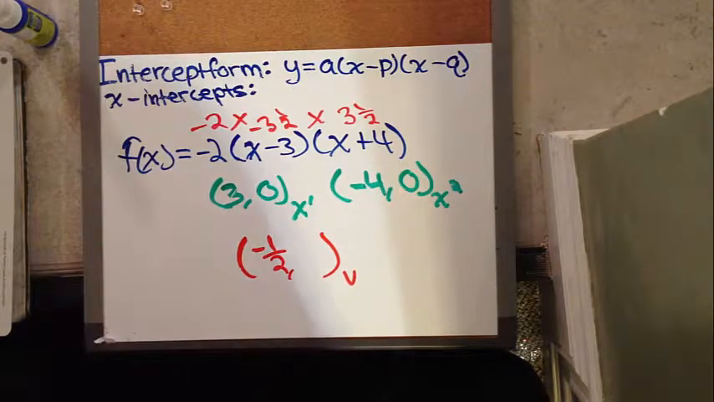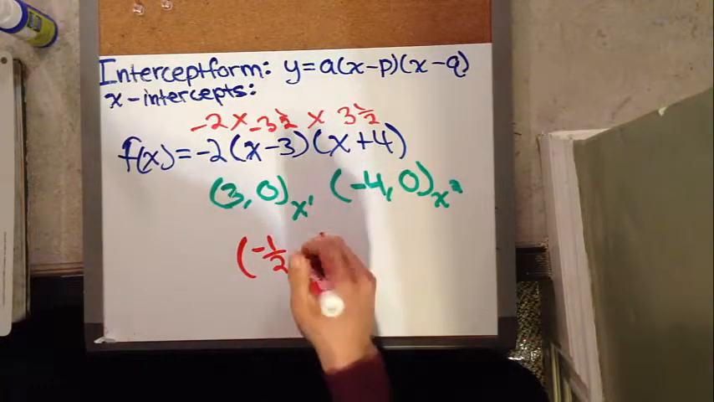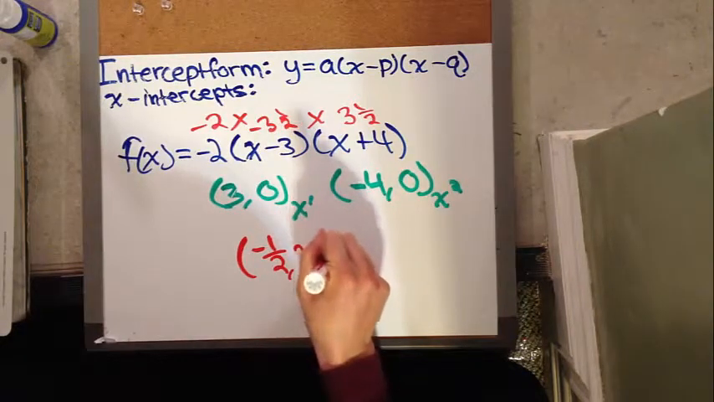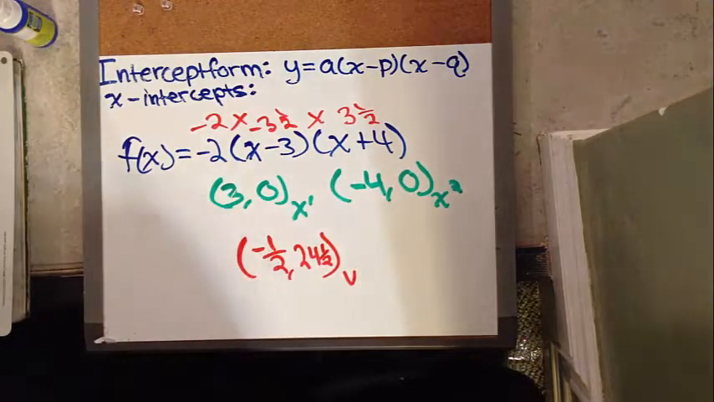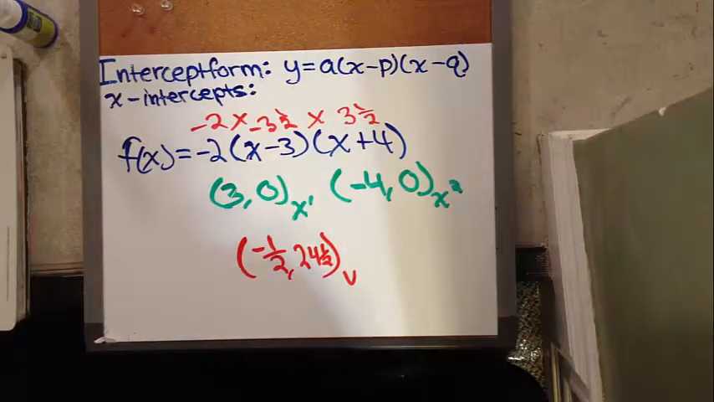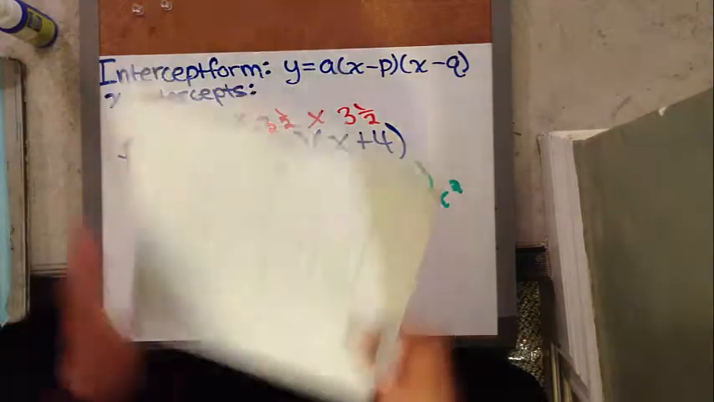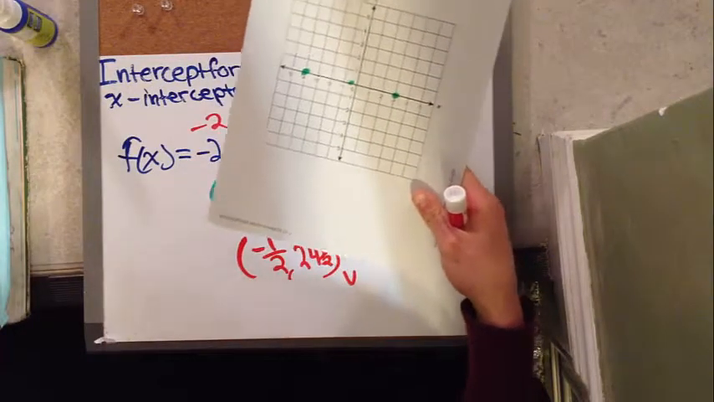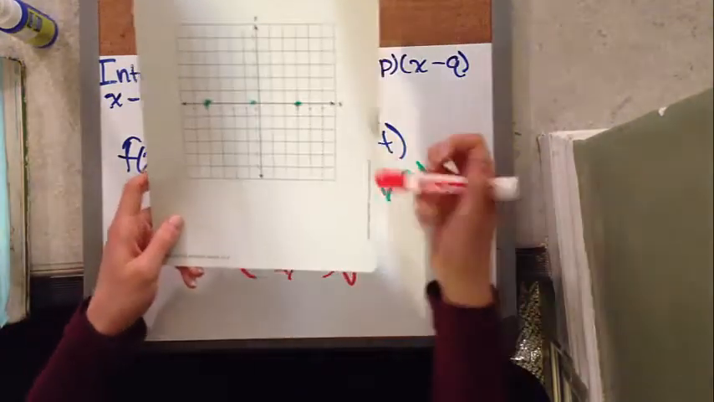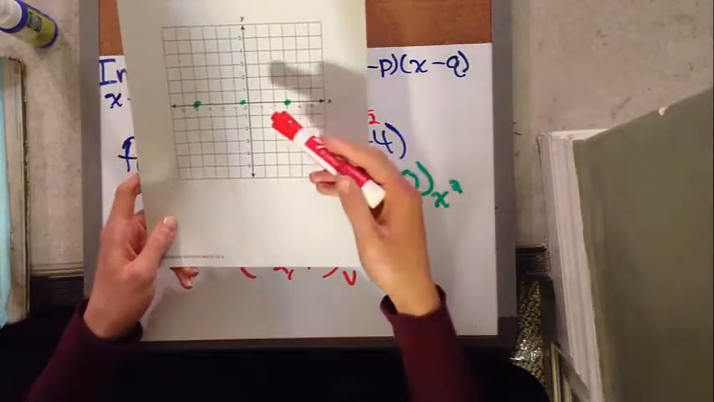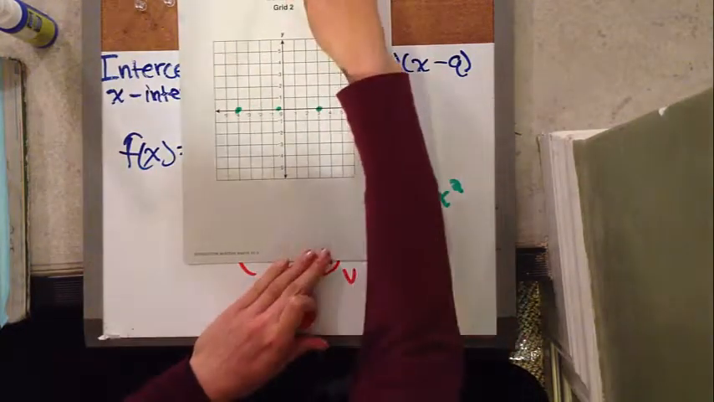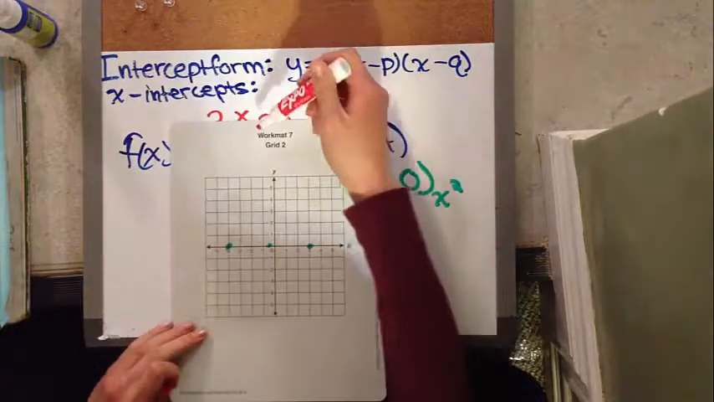Let's see, 24.5, so a -1/2, and 24.5. There you go. So now, that's obviously not going to fit on our grid, but we can pretend. So we have -1/2 and 24, so that's going to be way up here somewhere,